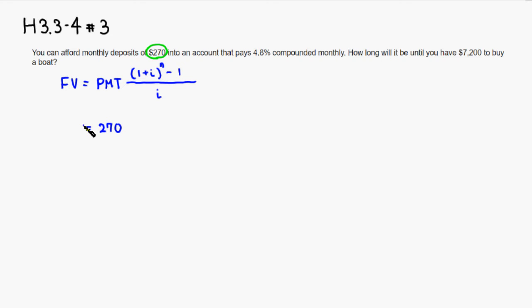Then into an account that pays 4.8%, so i is going to be 0.048 divided by 12, which is 0.004. So I'm going to write 1 plus 0.004, so it's 1.004 to the n minus 1 over